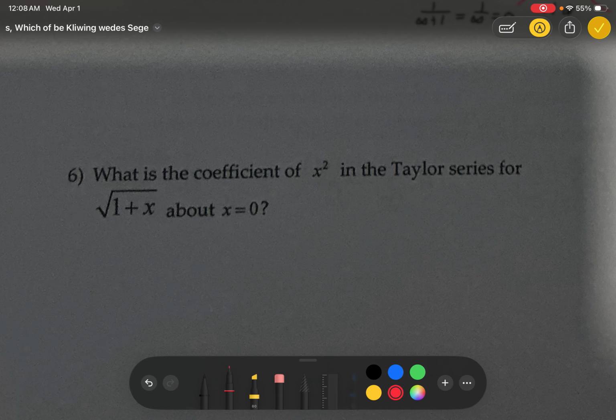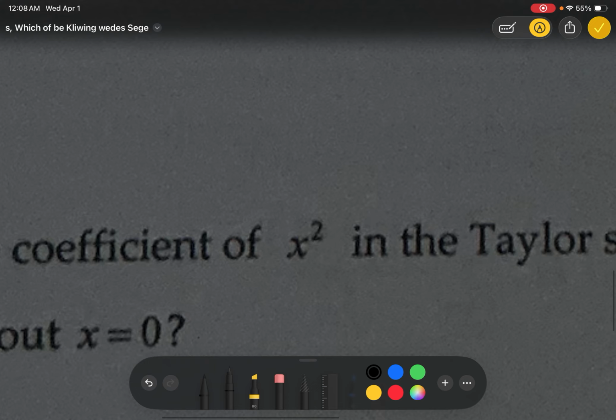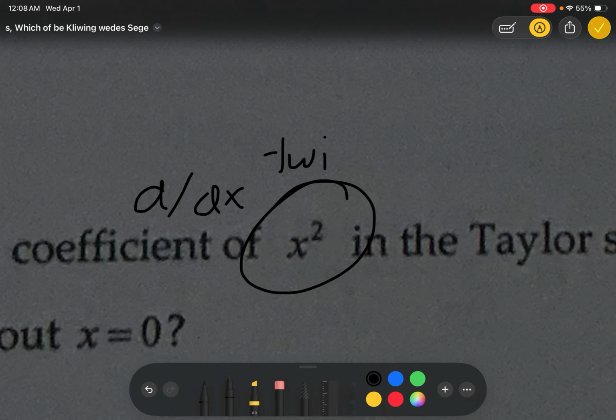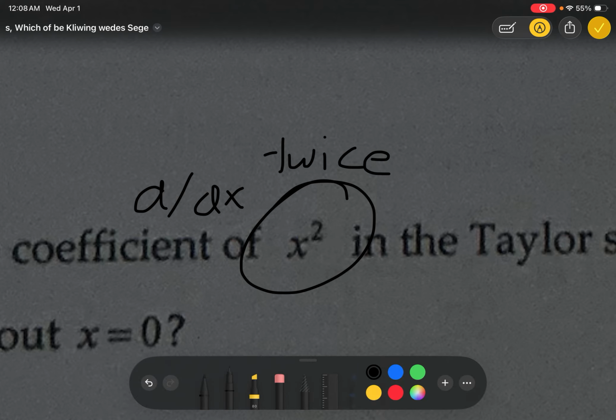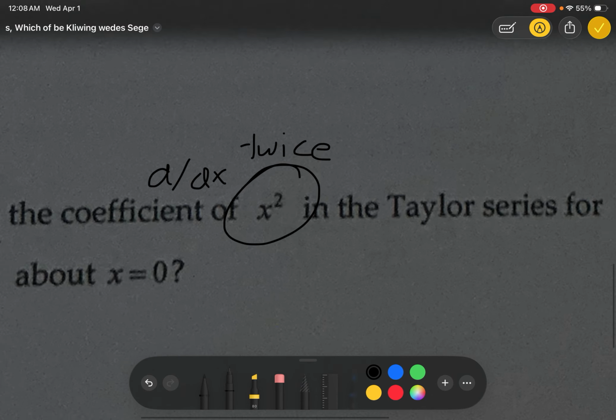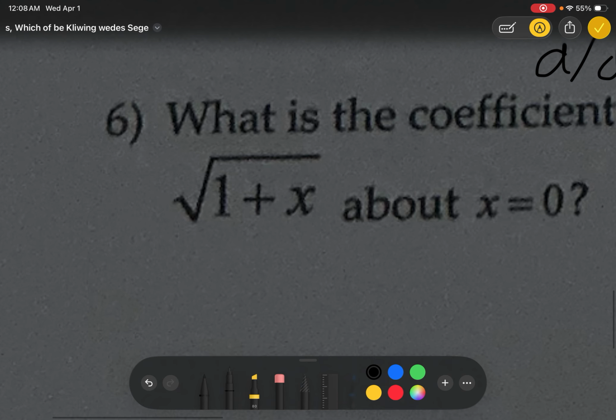What is the coefficient of x squared in the Taylor series for root 1 plus x about x equals 0? So I like to point this out. Whatever degree you have, that's the number of times you derive. So since we have x squared here, you're going to derive 2 times. If it was x to the third, you're going to derive 3 times. If it was x to the fourth, you would derive 4 times. Okay? So f of x is root 1